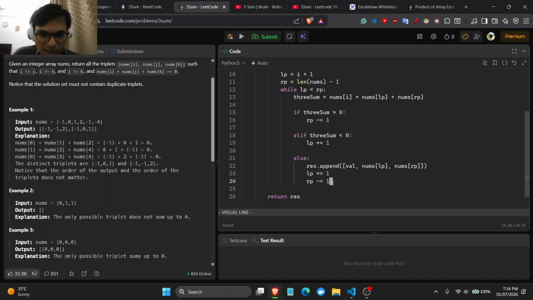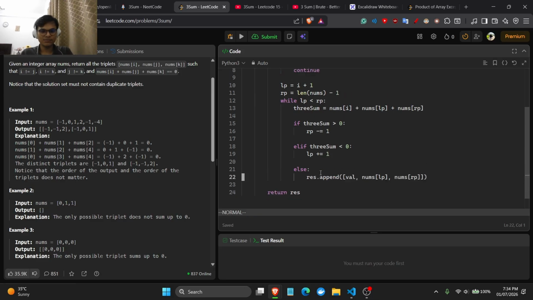So he only updates the left pointer, and it keeps updating it while it changes. I think I'll go with that approach, to be honest. I think I like that approach much more. To be very much honest. So we say LP plus 1, and